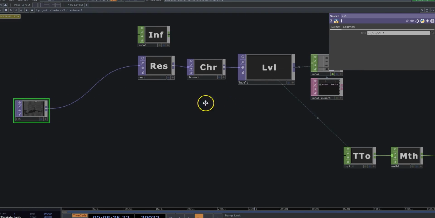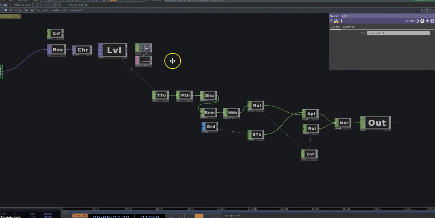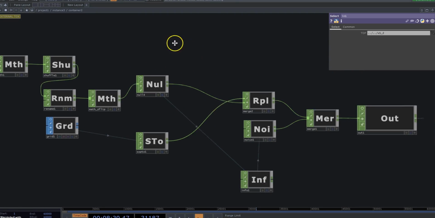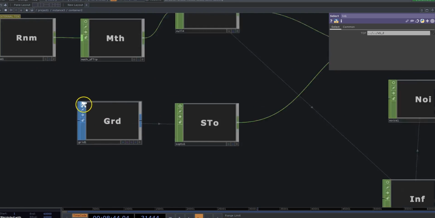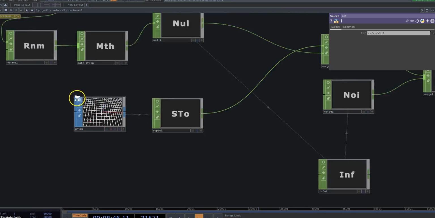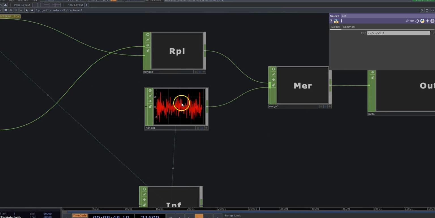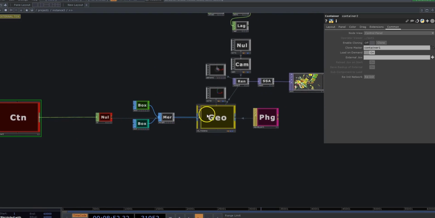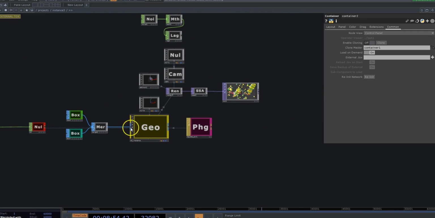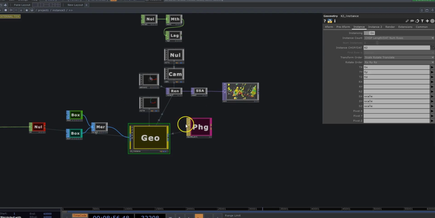It's being scaled down and sent to CHOPs. Here we're looking at the X, Y, Z positions of the depth image, attaching it to a grid. Then this noise is controlling the instances, which are here.